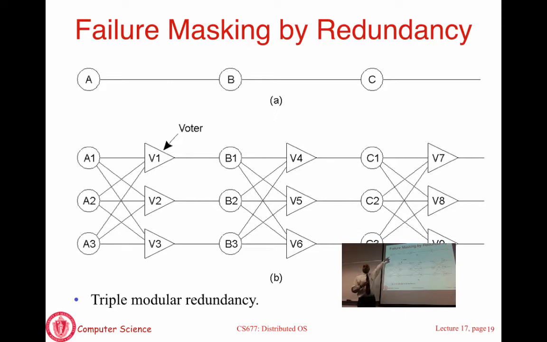This is what most people would do if they don't want their system to be fault tolerant. You will have a sequence of components in your distributed system. They all communicate with one another, but there's no redundancy. If any component fails, the system fails. So what we will end up designing, if you want to make it fault tolerant, will look something like this, or you will have even more replicas if you want to tolerate n failures instead of one failure. So this is just a good principle to keep in mind as to what is coming in the next few lectures. Any questions here?